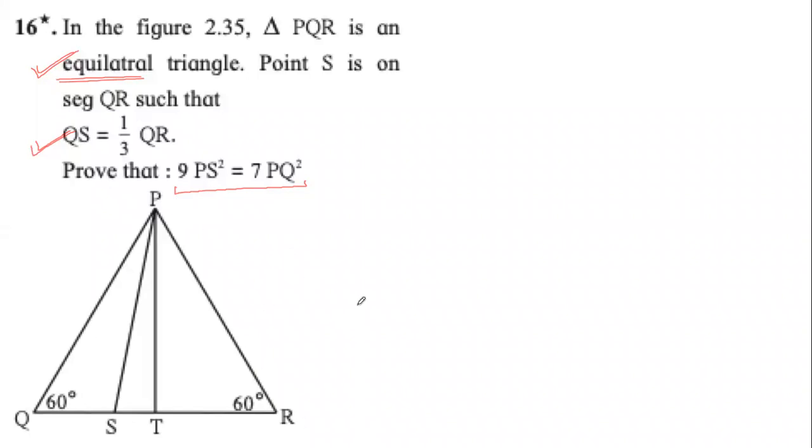Now, it says one thing that we have to prove should use PS, and the other side should have PQ. PS is the random side, but PQ is opposite to an angle, which is this. I hope now you remember question number 2, 3, 4 or something from practice set 2.2. So look at triangle PSQ. Here angle S is an obtuse angle.